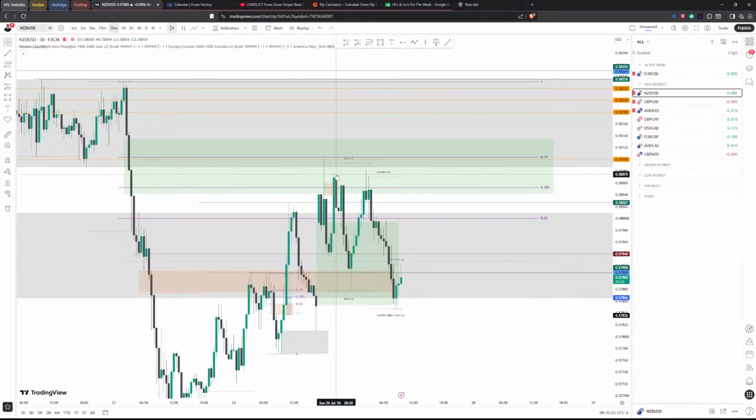So once we open, we travel up a bit in the opposite direction into the areas that we mentioned: the psychological level, the fair value gap on the larger time frame, the optimal trade entry, 79 level, the bottom of the consolidation, and then we displace downwards. That's the key. That's the confirmation that we're available to enter.